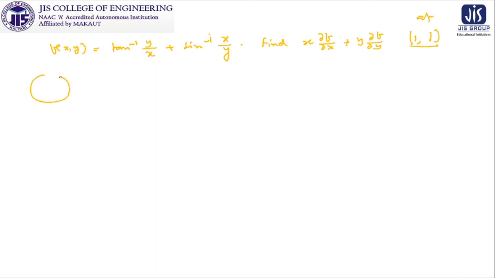So I am not going to solve this problem for you. I am just going to give you the clue. Whenever you are seeing y by x or x by y, it is going to be homogeneous, because when you put y equal to ty and x equal to tx, the t will be cancelled out. So again the function will be coming. So you can write ultimately that f of x y is equal to t to the power 0 f of x y, that is, f of tx, ty is t to the power 0 f of x y. So it is a homogeneous function with degree 0, and if it is a homogeneous function with degree 0, this expression will be 0, because 0 into f of x y will be 0.